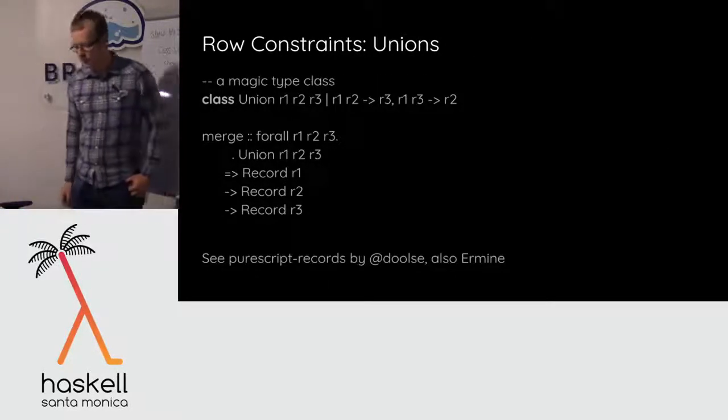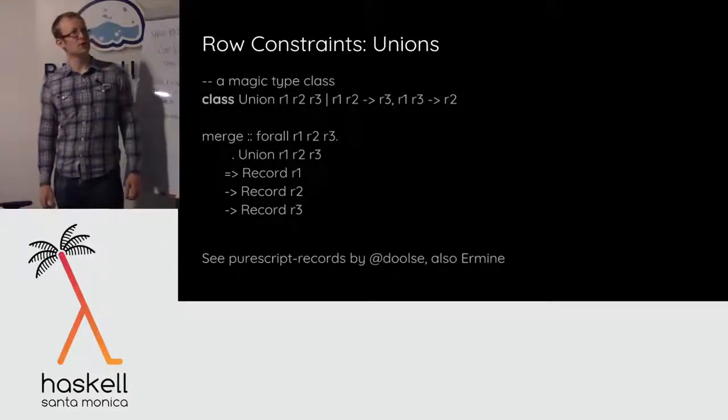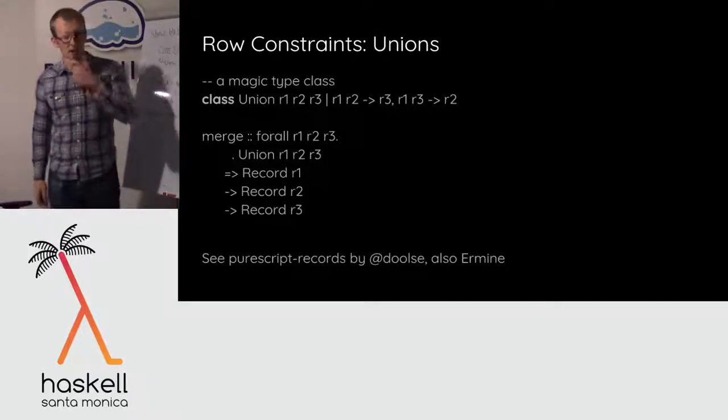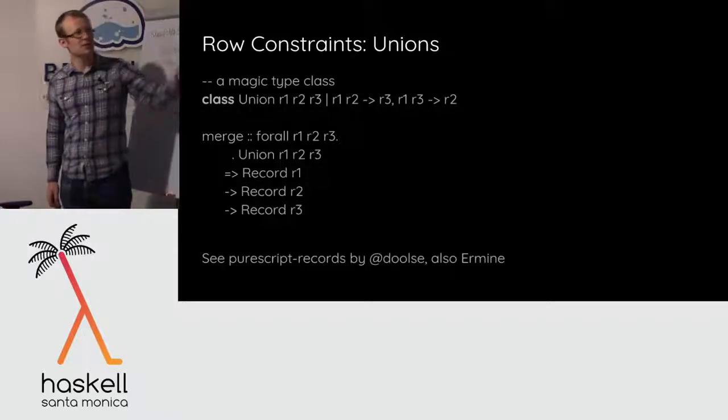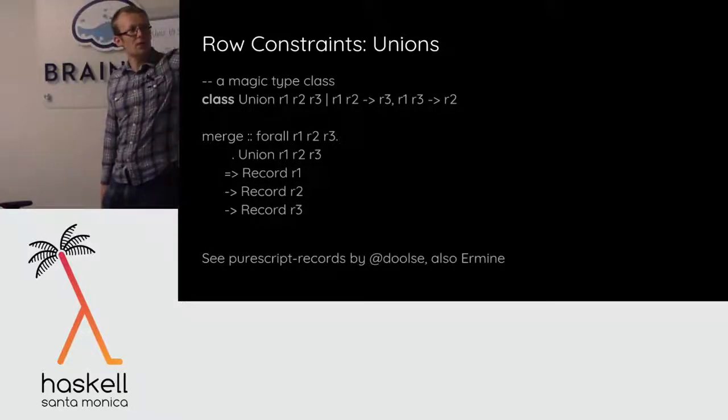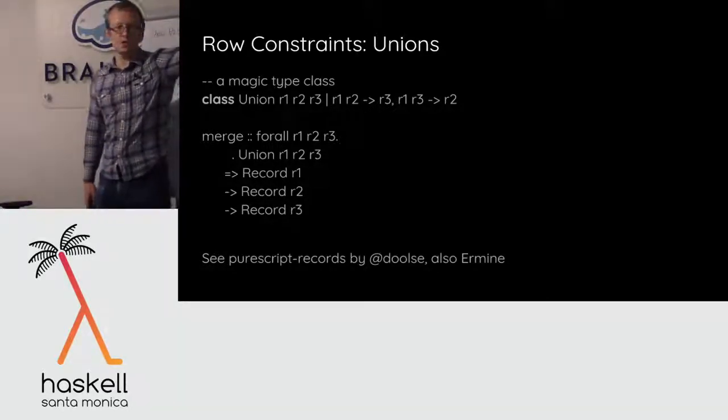Okay. Cool feature number 2 is row constraints. So we have a few different types of row constraints. The first one is union. Basically, I'll just run through this real quick, but union says it's a three-way relation between 3 rows, and it basically says that the third one is the union of the first 2.